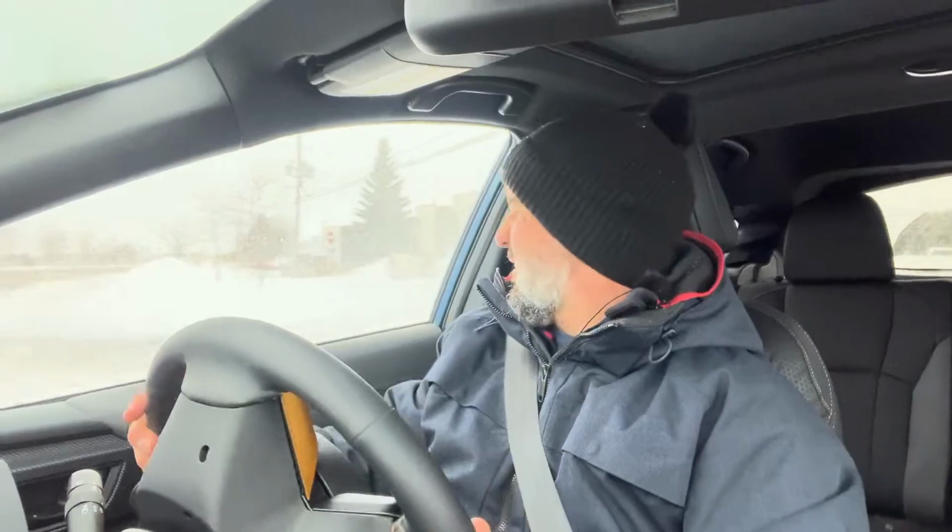Oh, that's black, dark. But yeah, this thing, I mean, the regular Outback has like 8.7 inches of ground clearance, which is nuts. And when you step up to the Wilderness, you get 9.3 inches of ground clearance, which, I mean, you're in serious off-road SUV, production off-road SUV category when it comes to,